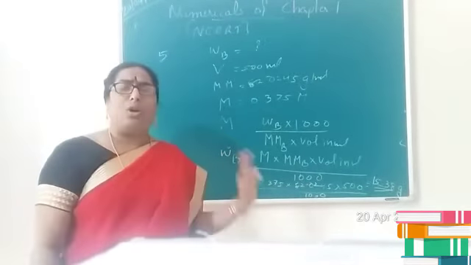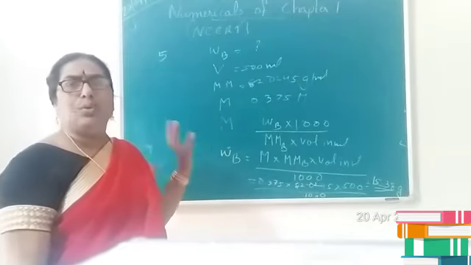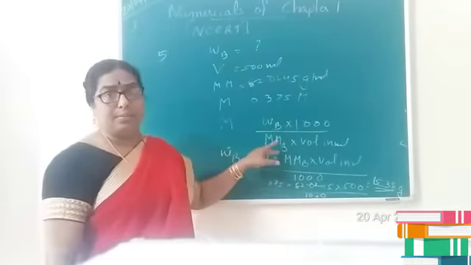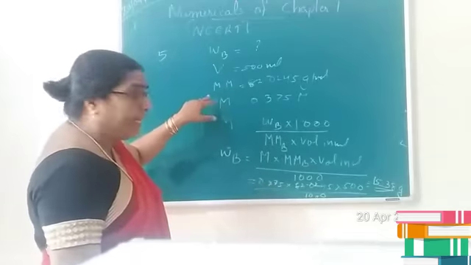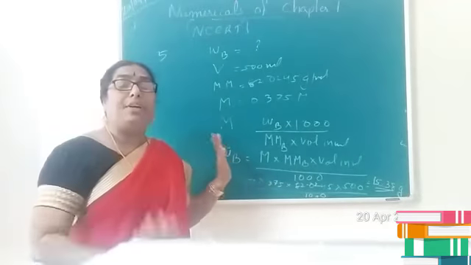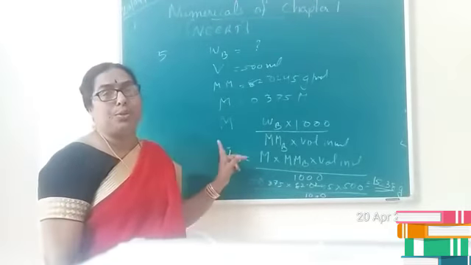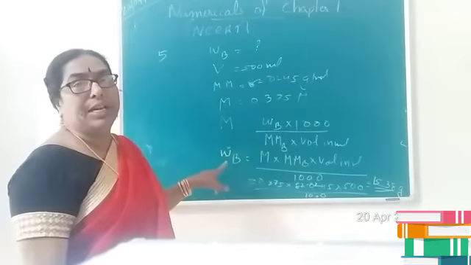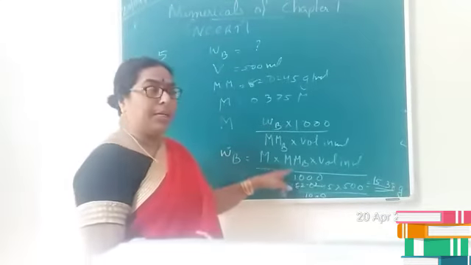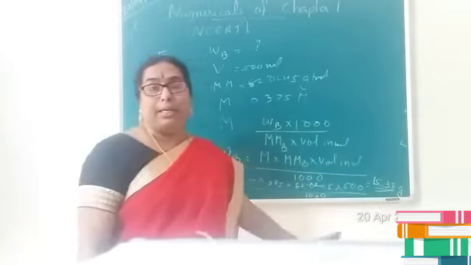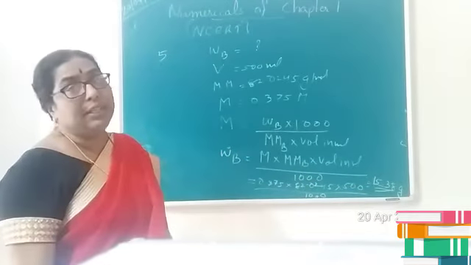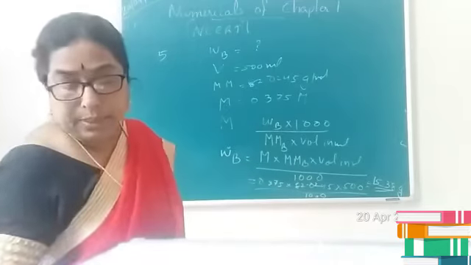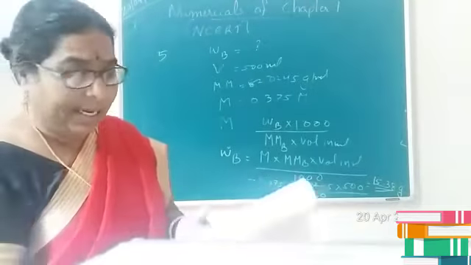So whenever you are solving a numerical, first read the question twice. When you are reading it, write down the given terms. And then if the terms are there, you are able to identify the formula, which formula we are supposed to use. Then from the formula, write down what we have to calculate. Substitution. And finally the answer you should write down with unit. Is it clear, children? So that is about question number 5. Now let us consider the next question.